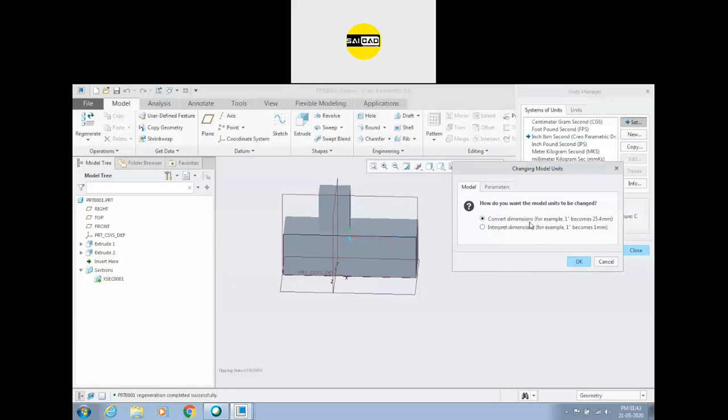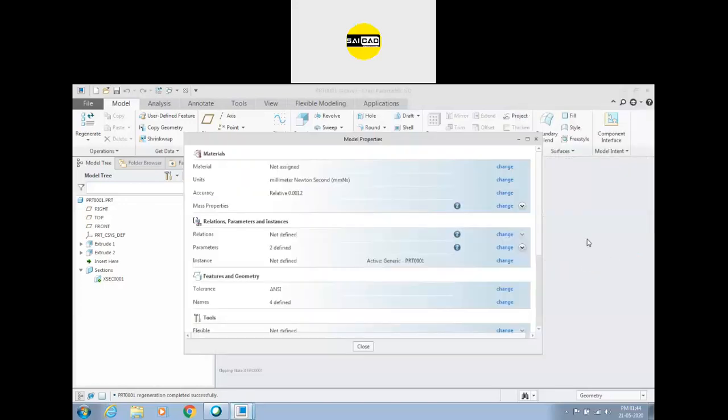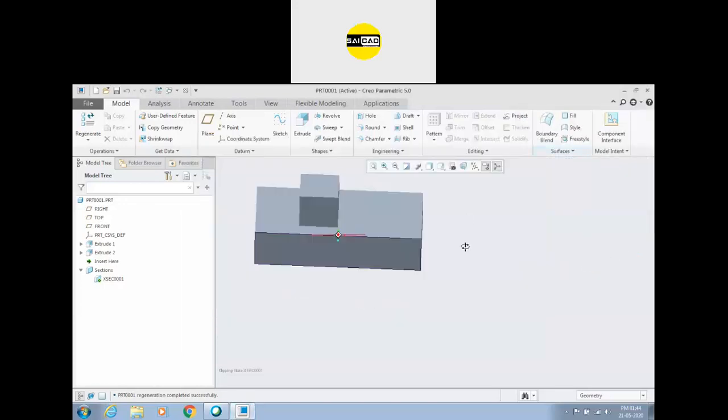If you go to convert, it will multiply the object. You can see it will turn 1 inch into 25.4 mm. So one value becomes 25.4. I don't want to change the values, I just want to change the unit. So 1 inch becomes 1 millimeter. So go to interpret, click OK, click close, and close now.